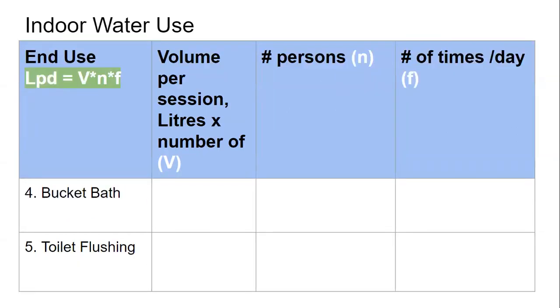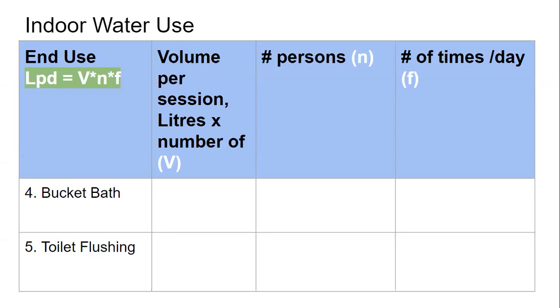And then you ask about bucket bath, because some people in the family could be using a bucket for bathing, not a shower. So you ask them how many people use bucket bath, and you make note of that. Now in this case, instead of measuring a flow rate, all we are doing is looking at how big the bucket is. So you note down the volume of the bucket, and how many buckets per bathing session they use. They may say we use 1.5 buckets, they may say we use 1 bucket. So we note that, and also how many people are taking such a bath and how many times a day.